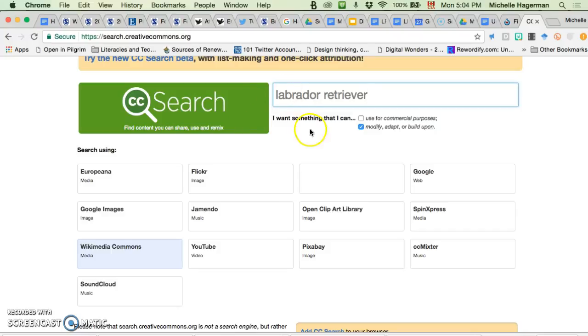And of course, before I search, I want to specify, do I want to use this for commercial purposes? No. Let's say I'm just creating something for Labrador enthusiasts. Do I want to be able to modify, adapt, or build upon the work that I find here? Yeah, maybe. So, okay, that's what I'm going to specify, and I'm going to click Enter and see what I get.